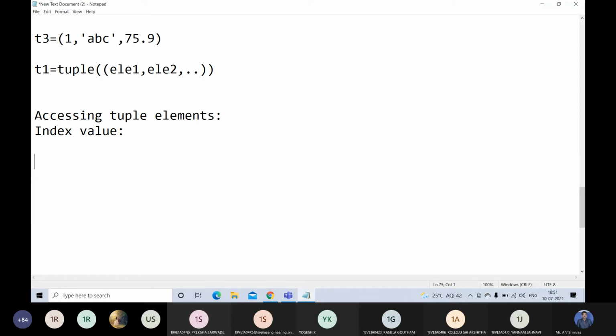Whatever we have seen in lists, same is applicable to the tuples also. That means if I write T is equal to 1, 2, 3, 4, 5, and if I write print of T of 2, what will we get?